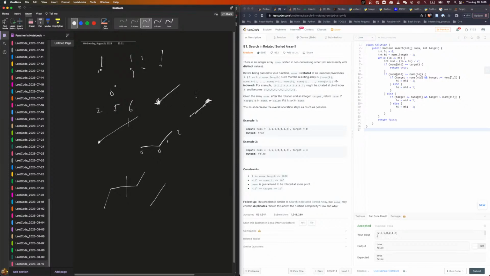So we say nums[mid] is going to be smaller or equal to nums[low] and larger or equal to nums[high], right? But then we also know nums[low] is larger or equal to nums[high], which means